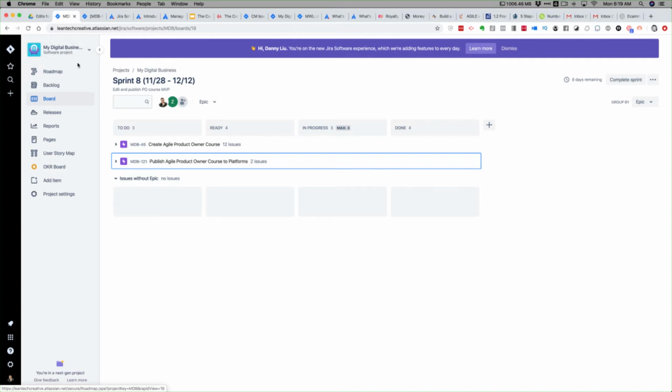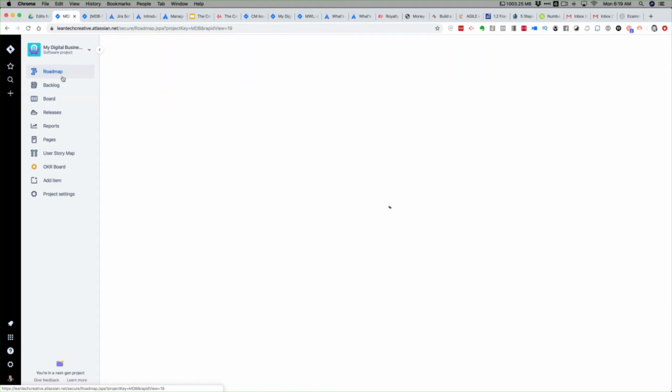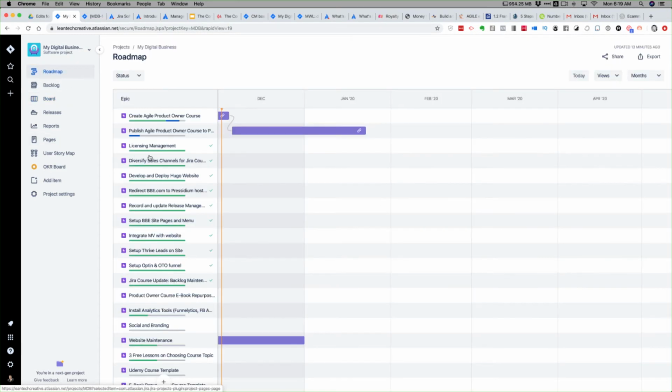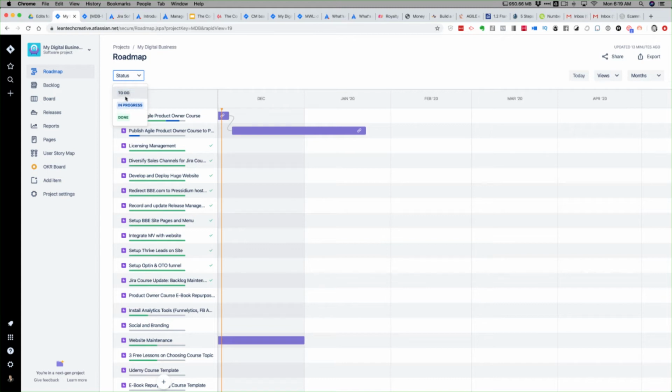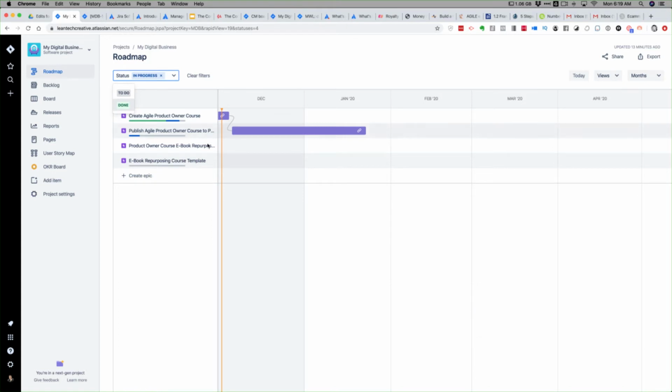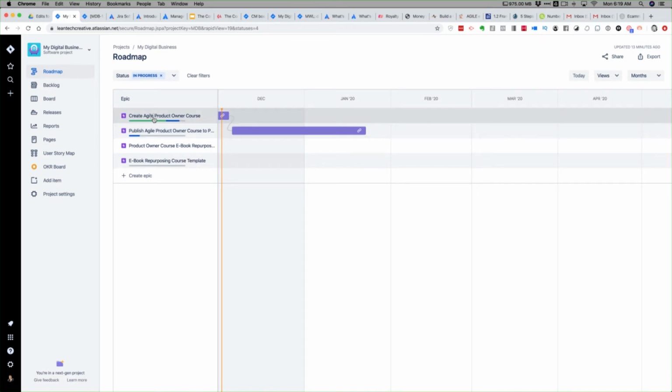And I really love Jira Cloud, and specifically this is called Jira Cloud Next Gen, that allows me to roadmap and create the high level, what these little lightning bolts are called, epics. And allows me to create epics that I can put in various different to-do, in progress, and done statuses. And so when I filter out and just look at the things I have to do here, I have creating my Agile Product Owner course, and then I also have